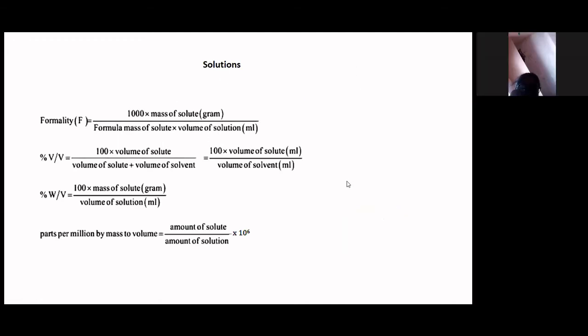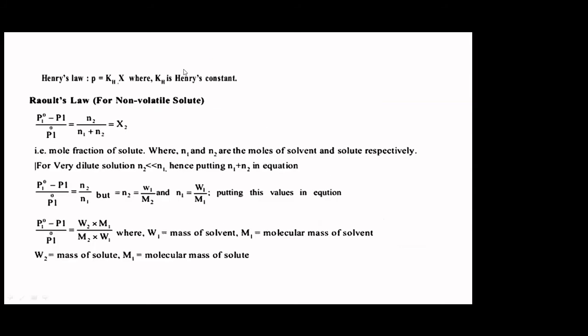various other terms. Henry's law. Henry's law is something related to the dissolution of gases in a liquid. So partial pressure of the gas is proportional to mole fraction of the gas in the solution. The proportionality constant is Kh, which we call Henry's law constant. Higher the value of Kh, lower will be the solubility. Henry's law is important. Under what conditions a gas is soluble in a given solvent to a maximum extent? That is what is important.